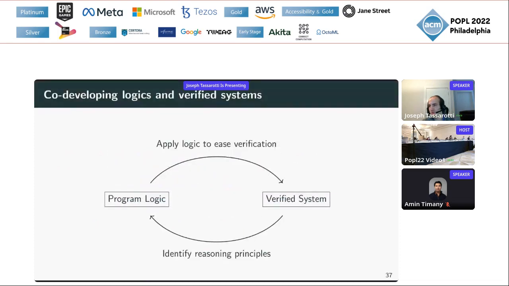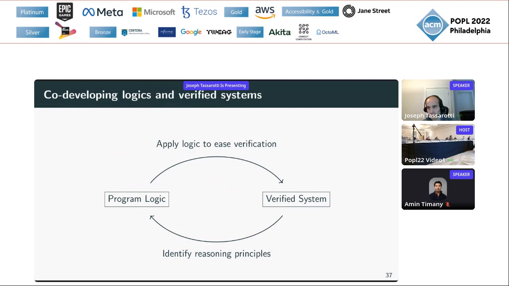So in the course of developing the program logic, we were also verifying this system. So it's kind of like we were building the airplane as we were flying it. For me, this was a rewarding experience because I was working with a bunch of really great systems hackers on this. And so we were able to come up with new reasoning principles, apply them to improve our ability to verify the system. That would again trigger new ideas for, okay, how can we codify these informal reasoning techniques that developers have and so on. So it was this fun virtuous cycle.